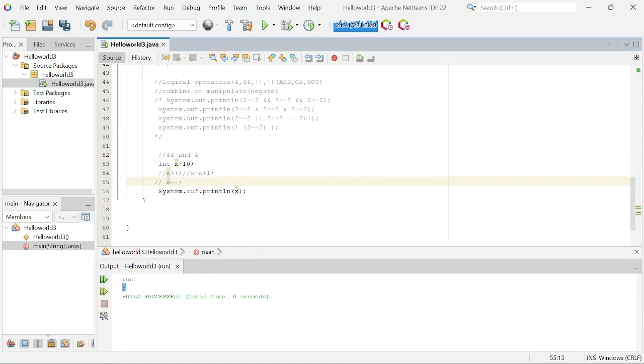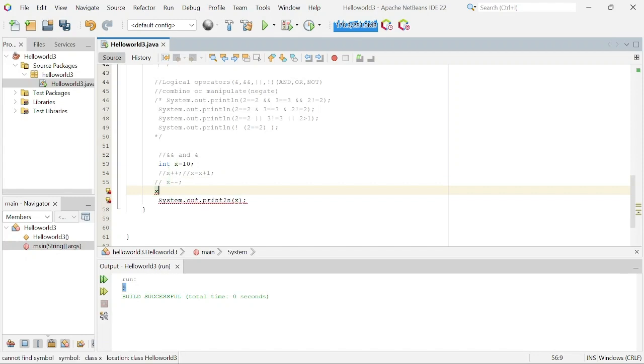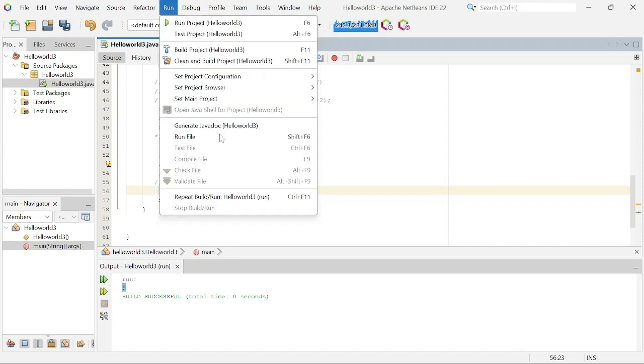Not only that, let's say you want to decrement it by 2. So instead, I can write like this: x minus equals 2. So this thing is the same as x equals x minus 2. You got it? So this is kind of new, so get familiar with it. So if you try to run it,